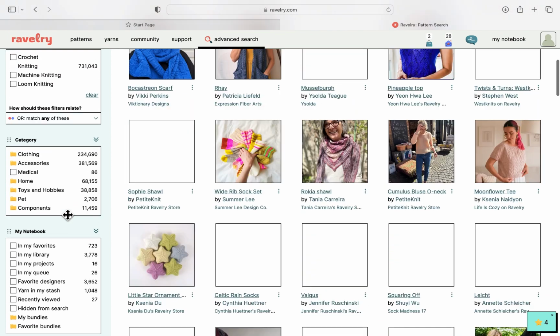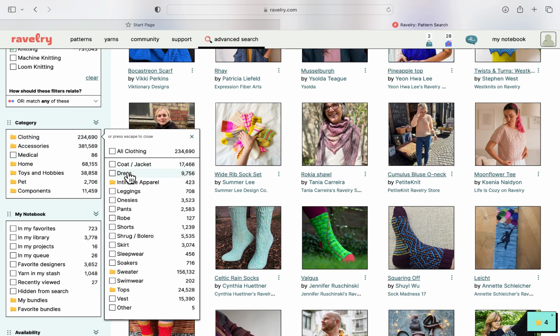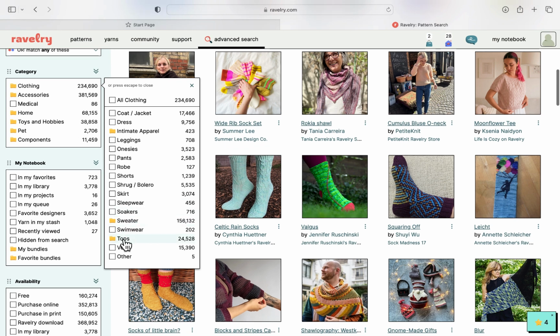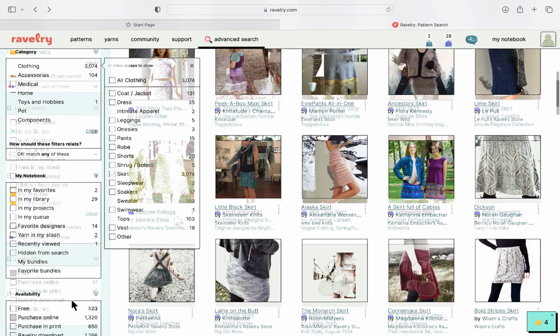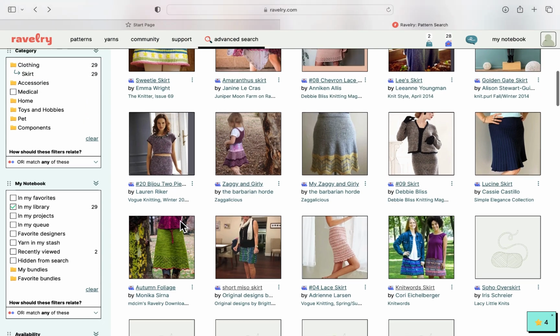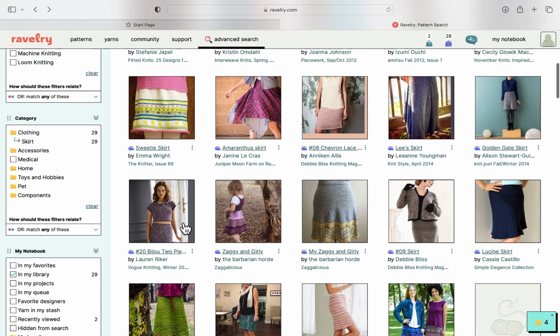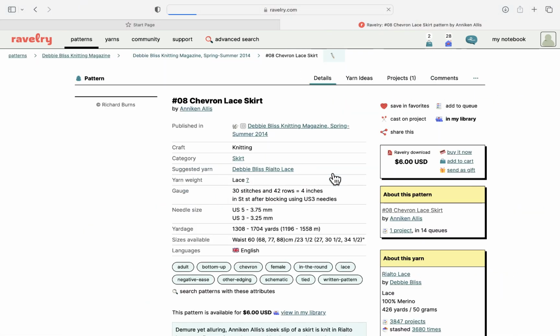Now I'm going to go down to clothing. And I thought about doing sweaters, but then I decided to do something a little bit harder, and I went with skirts. The last parameter I set was in my library. That's going to confine the search to patterns I already own, whether they are PDFs or they are in magazines